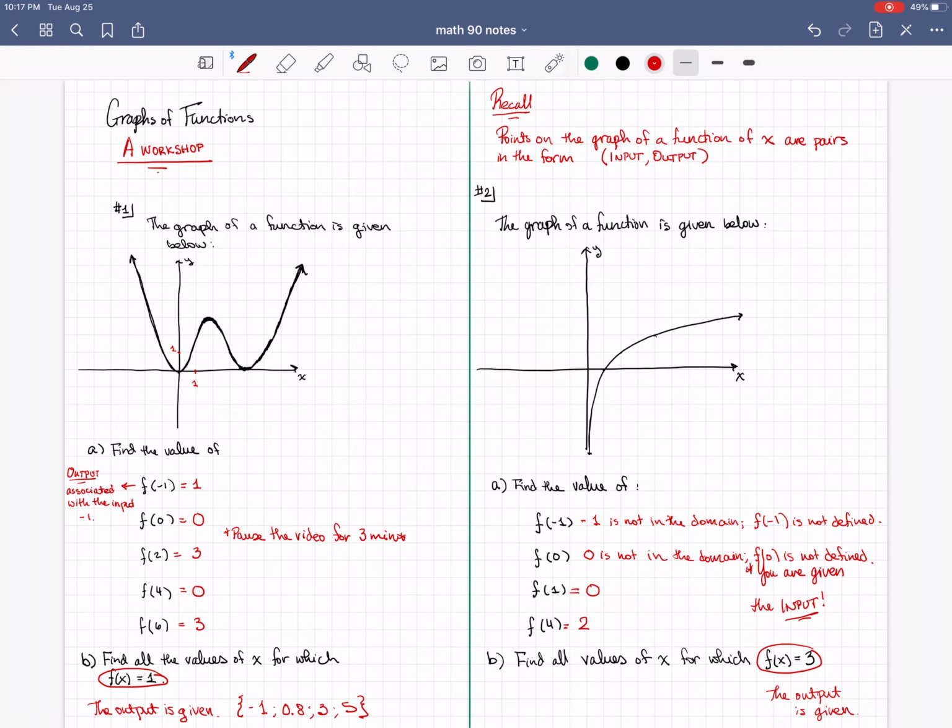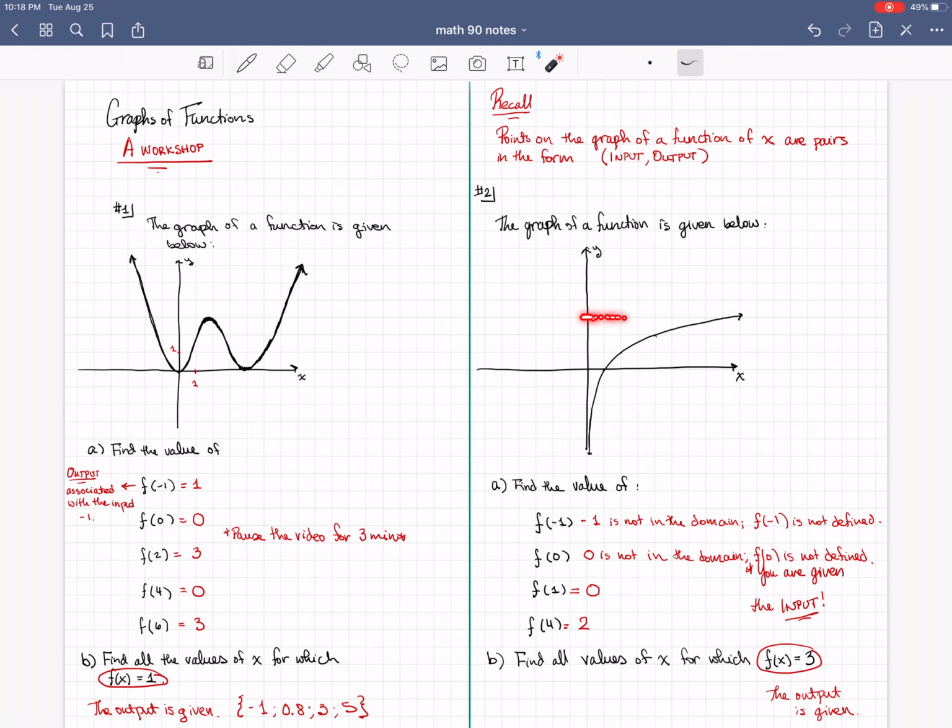Speaking in terms of x-coordinates and y-coordinates, I've told you what the y-coordinate of the point is, and I'm asking you to tell me what's the x-coordinate of the point, or the points, if there's more than one of them, whose y-coordinate is 3. So we're going to find 3 on the y-axis, and then we're going to scan,